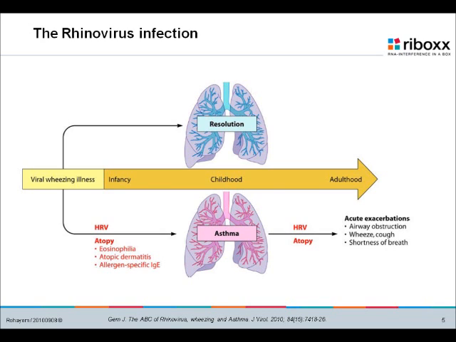It's a virus, it's true, it's a human rhinovirus, it's true, but you also have to have this predisposition, and then in adulthood you will have acute exacerbations with airway obstruction, wheeze and cough. So we have an infection that happens very early in infants and then leads in adulthood to complications that are a public health burden, but also a burden for each individual.